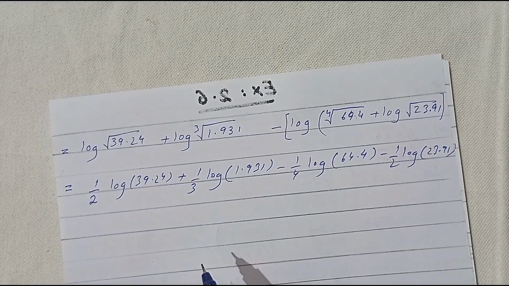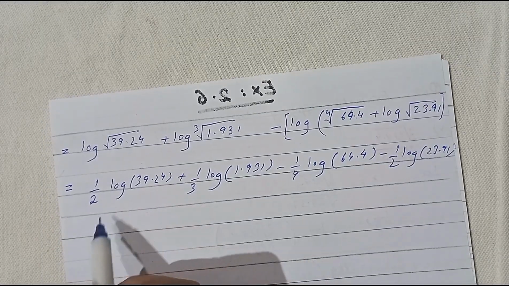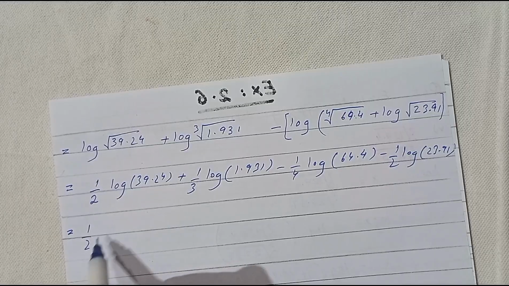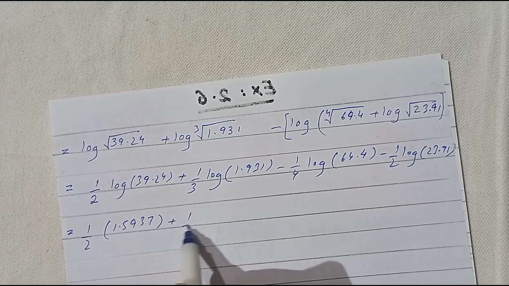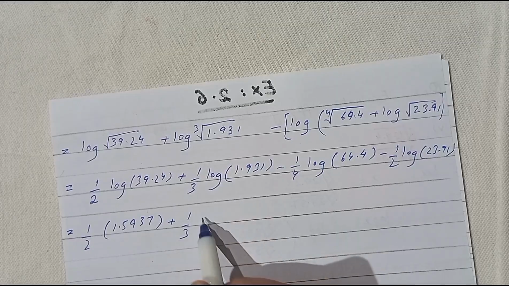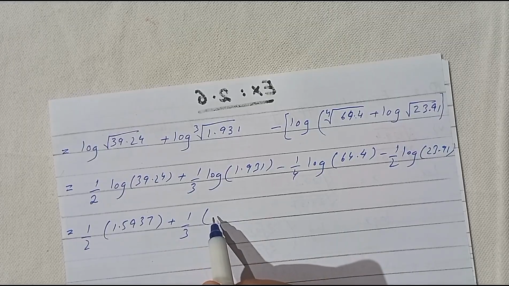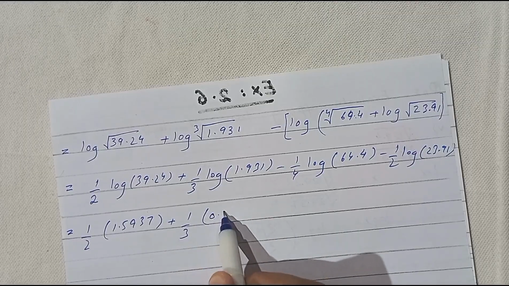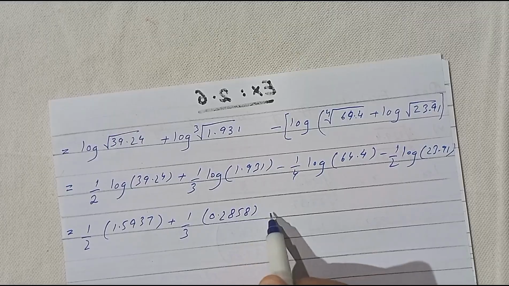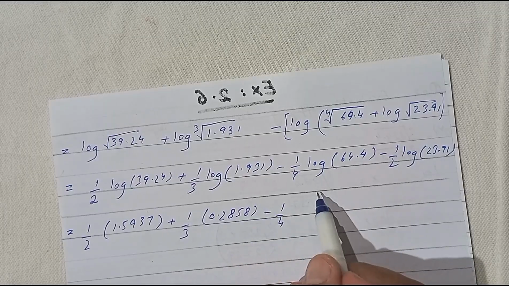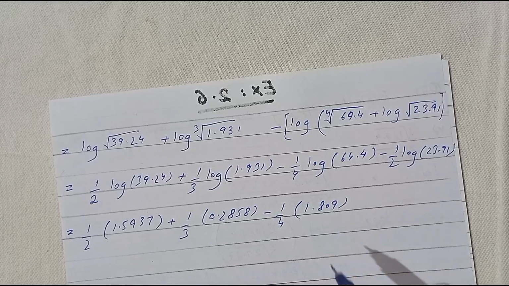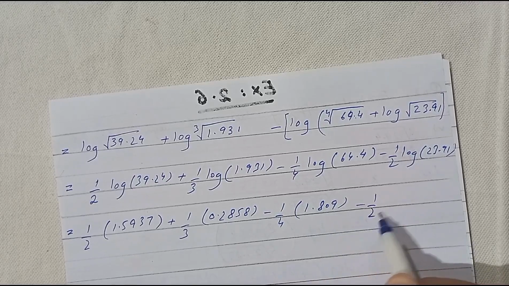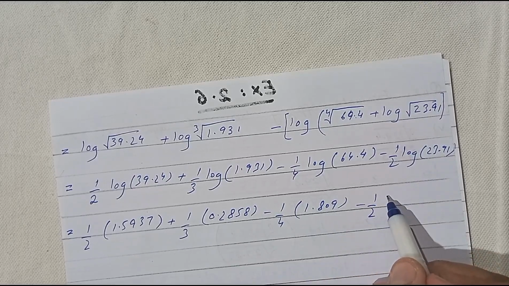Now the value of log of 39.24 is 1.5937. Value of log of 1.931 is 0.2858. Value of log of 64.4 is 1.809, and value of log of 23.91 is